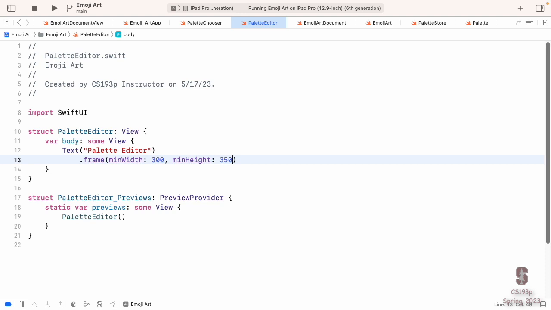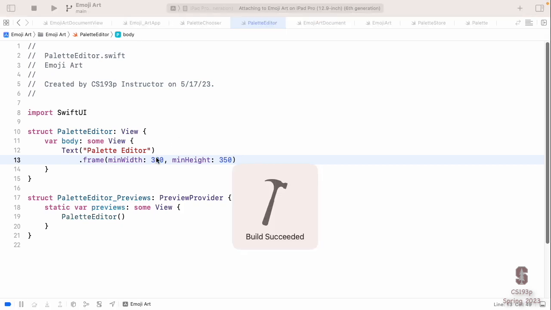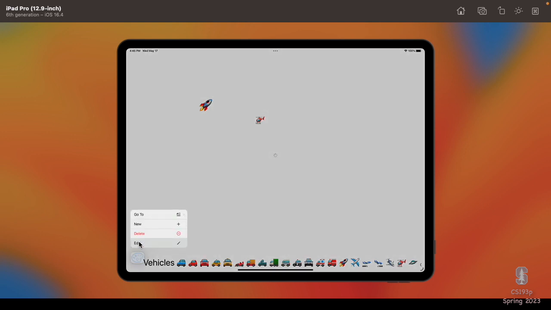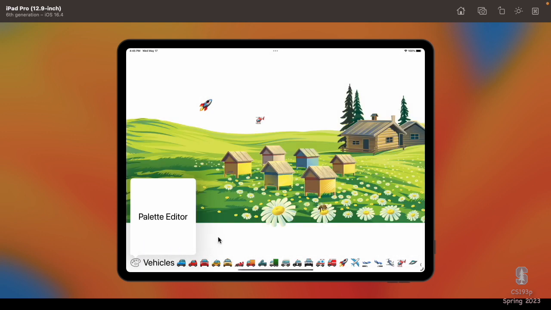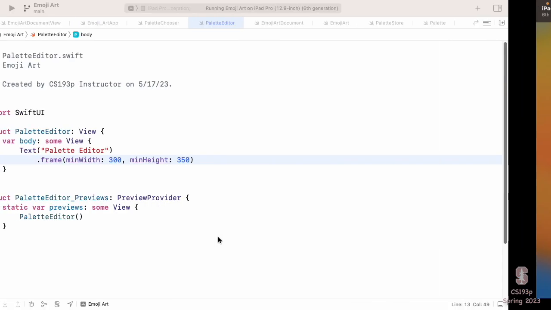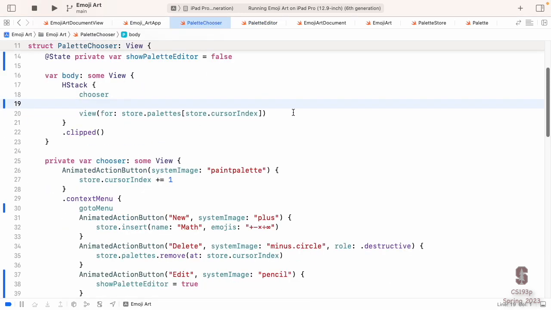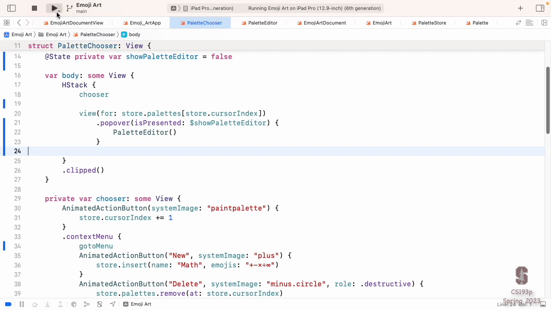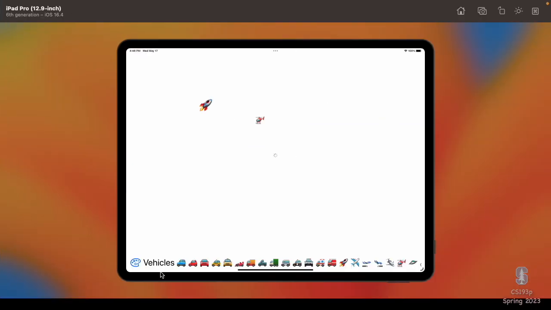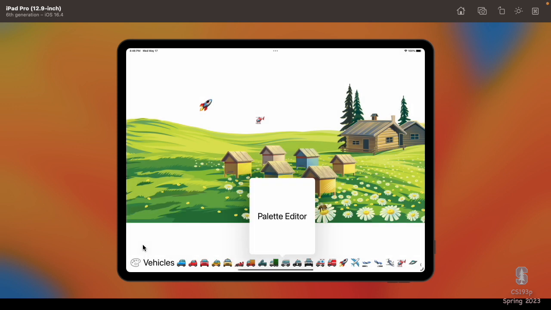It's got a whole bunch of things on there like width and height, just pick the width and height, but it also has minimum width and height to just say, well, you can be what size you want, but please be at least this big. And if I put that in there and run, now when I do this edit, see, it's minimum size, more room to maneuver in there and to make it look a little nicer. Now, remember that this popover points to whatever view you put it on. So let's say, what if we put it on this one instead? Now it's pointing to this one, this other view.